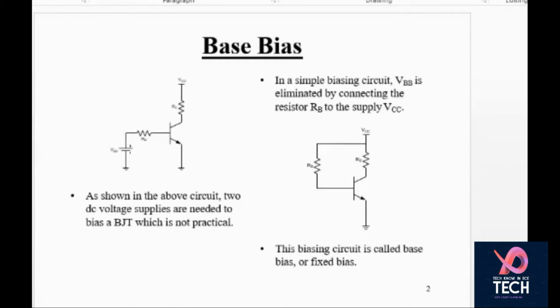And why is this called load line? Because if you change the value of resistance, so instead of 2K, you put 1K, this becomes 12 milliampere, so it goes upwards. Instead of 2K, you make it 4K, then it becomes 3 milliampere, so it will go down. So the slope of the line is actually changed by the value of this particular resistance. That is why this is called load line.